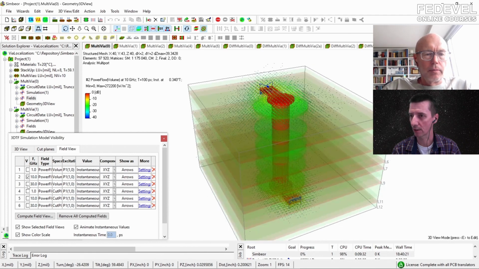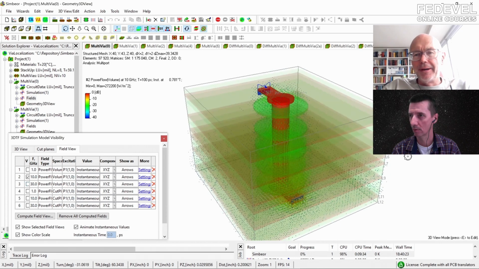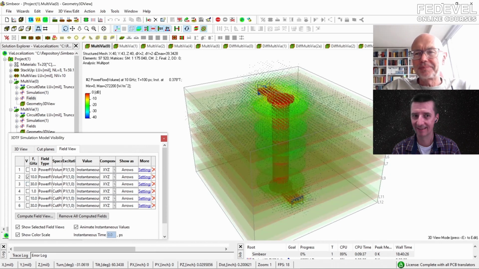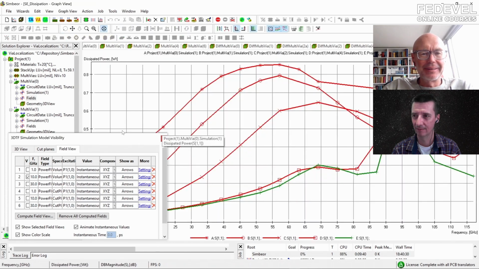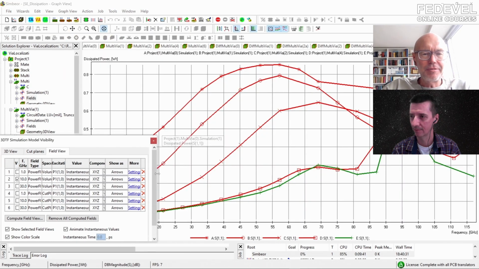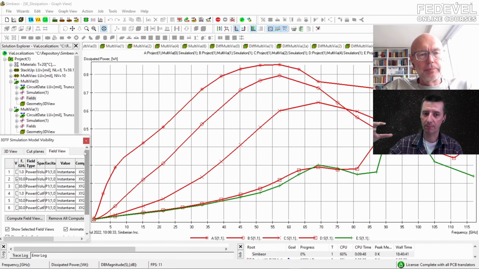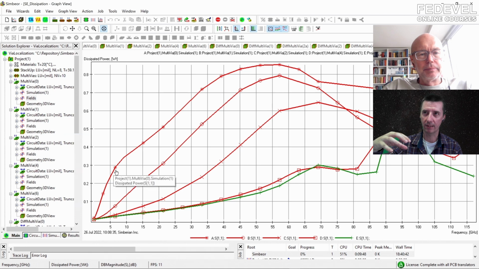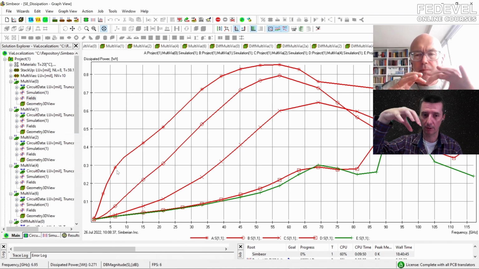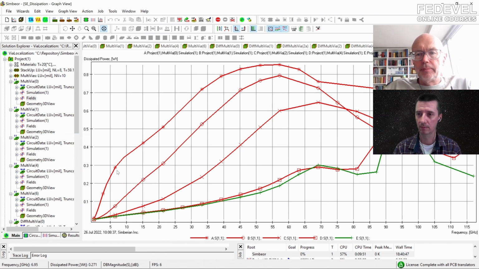How do we know how much energy it loses? That's a really good question. For this we have a metric, or measure, called dissipated power. So basically, we are talking about the power which will disappear from going from the top to the bottom. Exactly. We are talking about energy that is lost